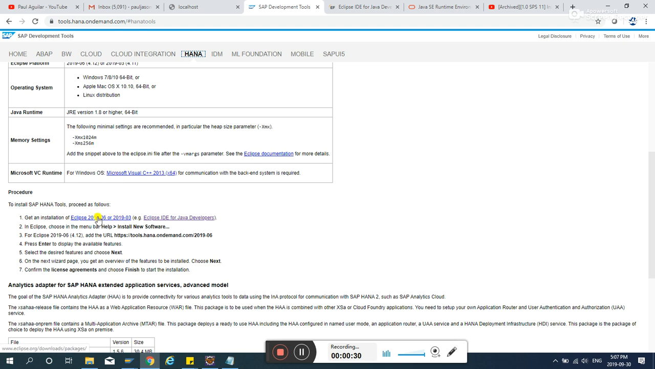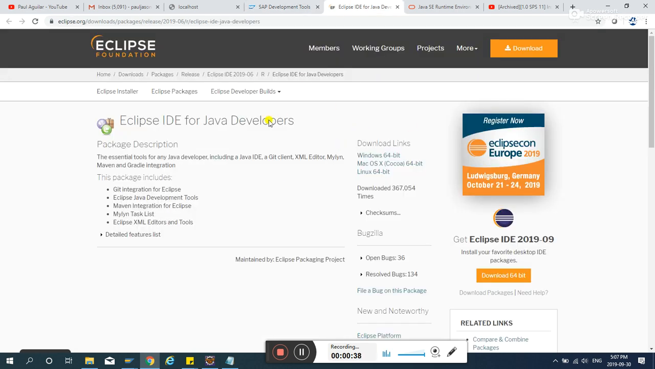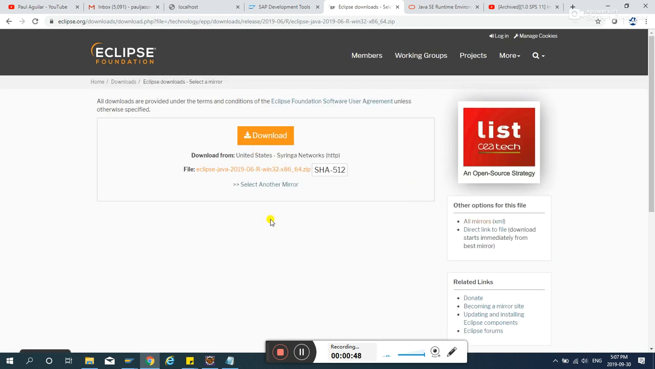So what I did is I downloaded the Eclipse for Java developers. If I click on this one, this will appear, and you have to download the one for your system. In my case it's Windows, so I downloaded this one, Windows 64-bit, extracted and installed it in my computer. Also, HANA Studio requires a JRE, so you need to